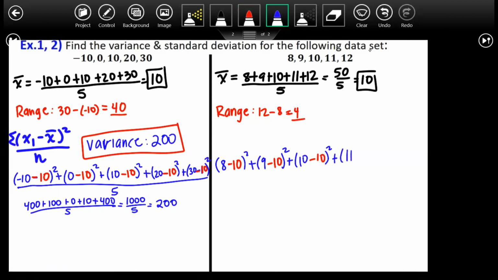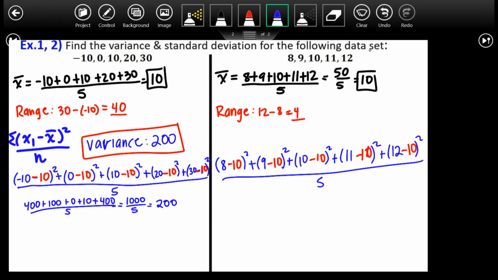Plus 11 minus... should be a 0, 10 squared, and then plus 12 minus 10 squared. All over the total amount of numbers we have, which would be, again, 5. Looking at all of our values here, if you add them up on your calculator, we should get